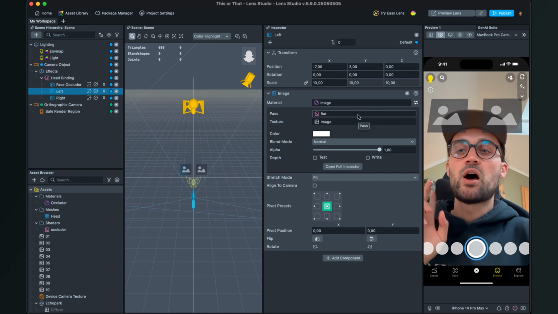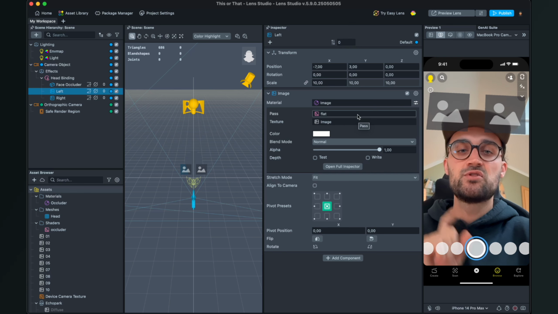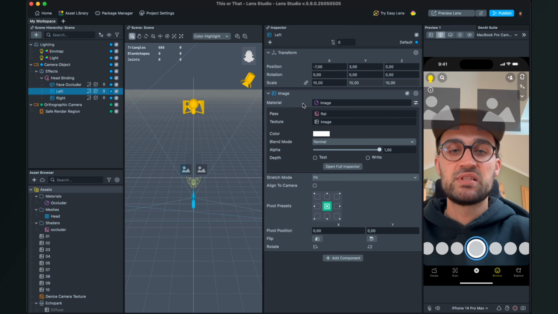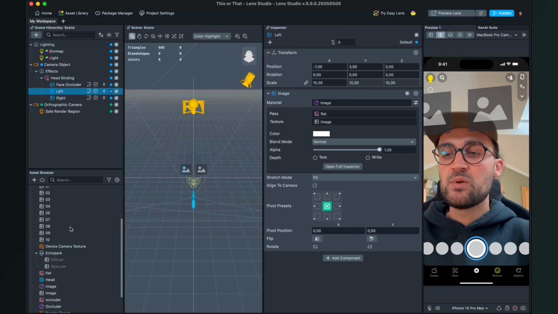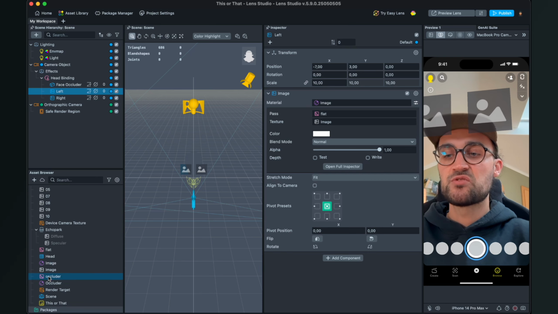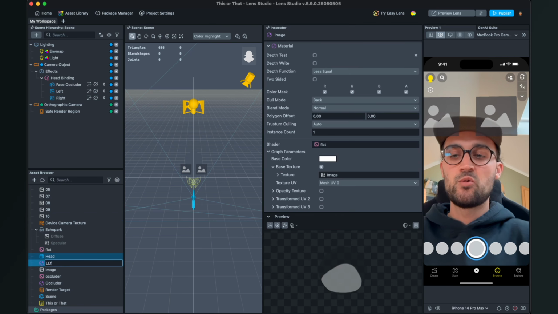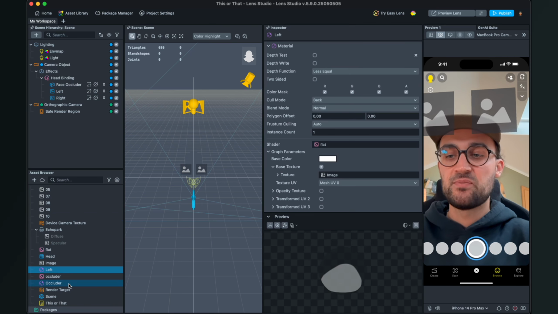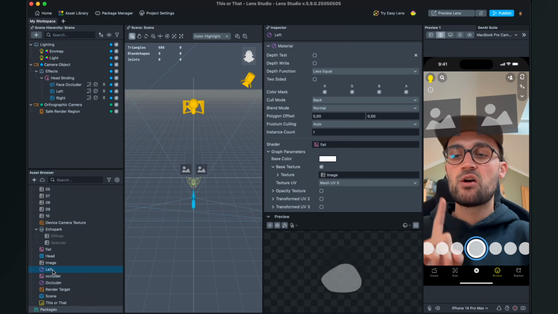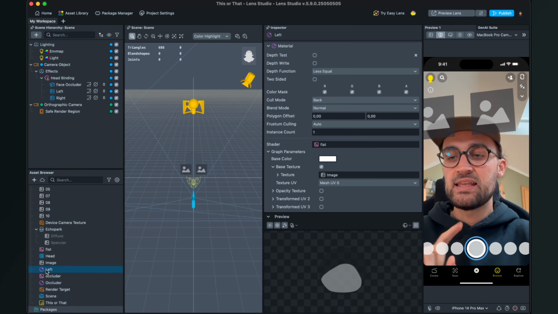But those objects should also have two different materials. So we have to create a new material. So I will go to my asset browser and search for this image material. First thing will be that I will rename this to left. And because this has already the right settings, I will just